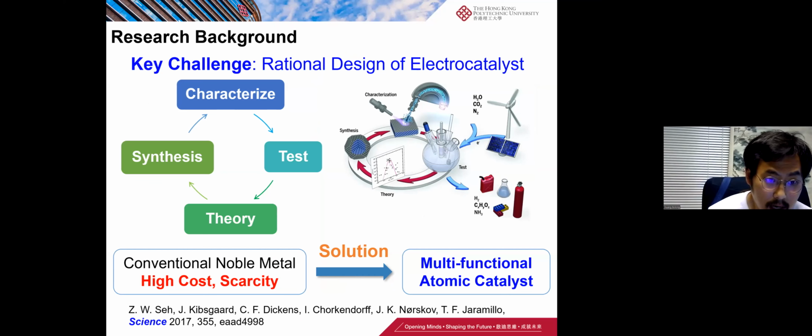In particular, carbon dioxide reduction and fuel cells are the most important research fields. These electrochemical conversions all strongly rely on advanced and efficient catalysts. To achieve practical application of these energy conversion systems, the key challenge is the rational design of the electrocatalyst. Although conventional noble metal-based electrocatalysts have shown good electroactivity, the high cost and low abundance largely limit their large-scale industrial application. So in this way, we propose that atomic catalysts become the most promising solution for future energy